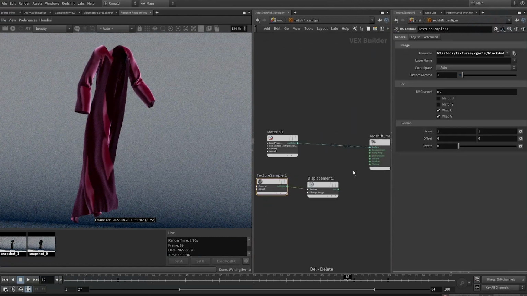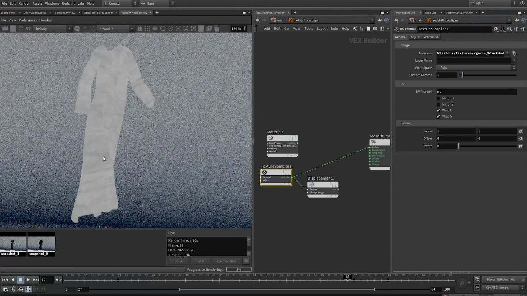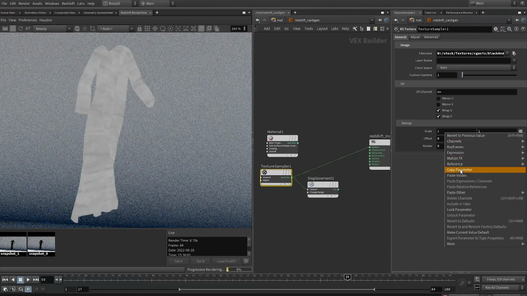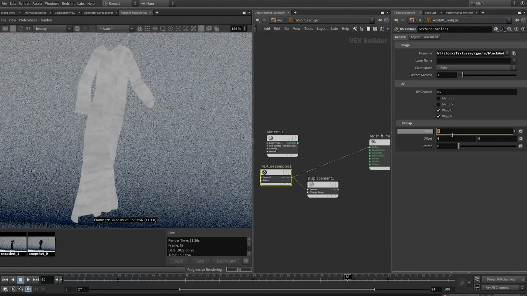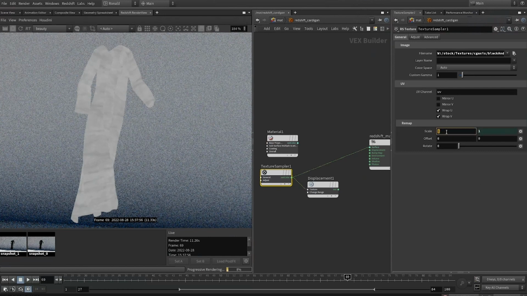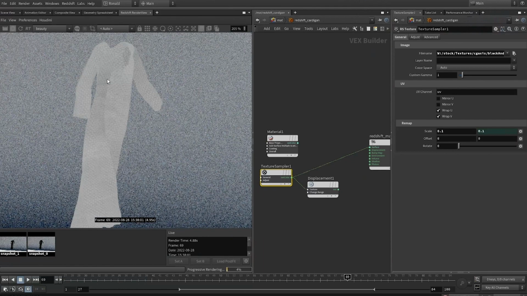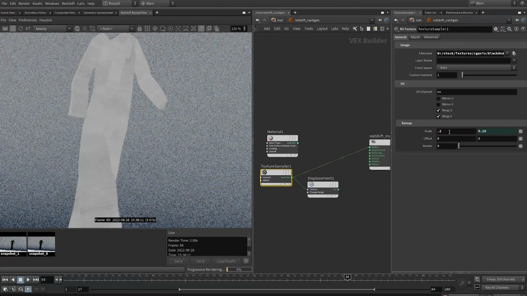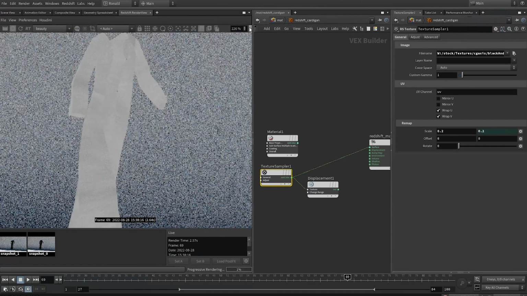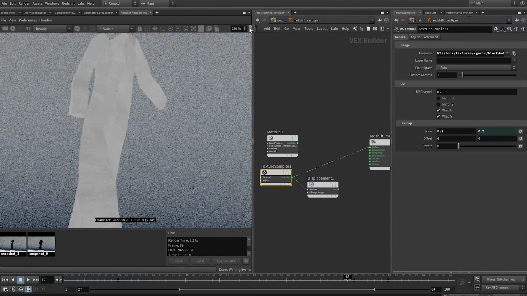Maybe before the displacement, I just want to check that the texture is of a good size, so let's click playback while we plug it to surface. So this size is not really working. I will copy this parameter here and paste it on the right side, paste relative reference, so that I will only need to change this side, and I'll change this to 0.1, and I can see a cloth texture over here which is large, so maybe 0.25, slightly better, maybe 0.2. Yeah, so I think 0.2 is okay, and I'm just gonna stop my render and change this back to 100%